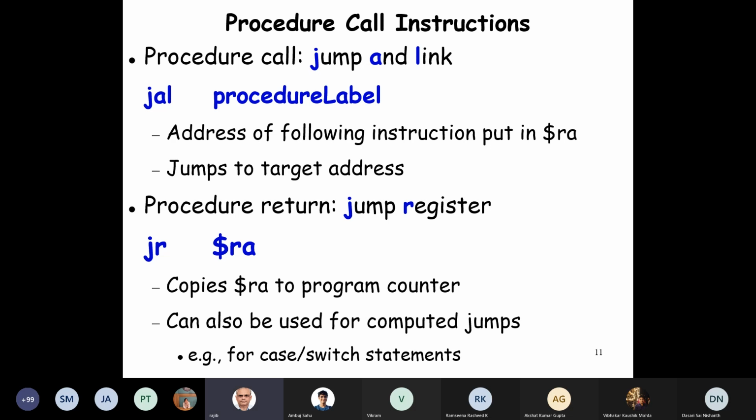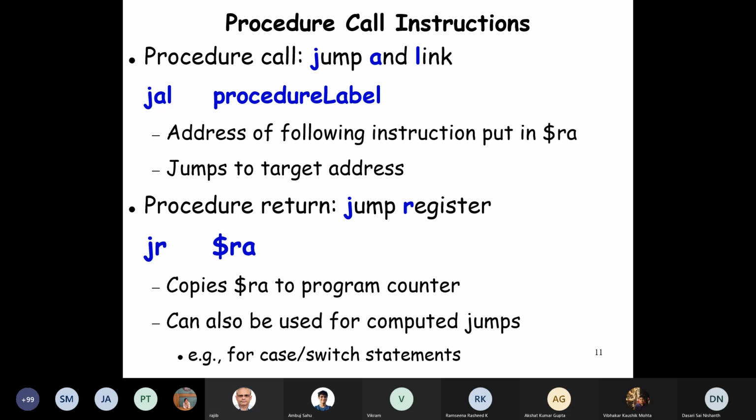Now let's look at the jump and link. This is how we'll call the procedures: JAL, and we'll give the label of the procedure. As soon as we give the instruction JAL, when it is executed, it will put the address of the instruction following this instruction in RA, because once we return, it will start executing from the next instruction.